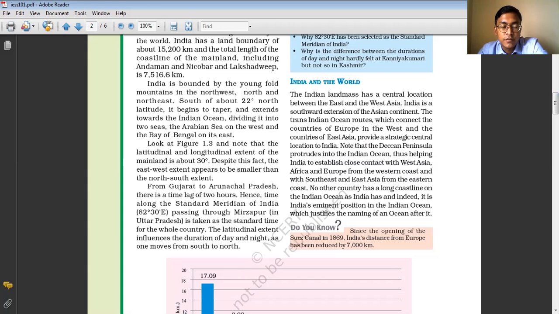Like we had relation with Afghanistan, Iran, Iraq, and all these countries through the land area, through the land routes. And I think some of you know about the Silk Route. This Silk Route is one of the oldest trading routes, and India is connected to different countries of West Asia and Central Asia through this Silk Route. Later on, with the discovery of the oceanic routes through the Indian Ocean, India established a close relation with the European countries in the West and also with the African countries.